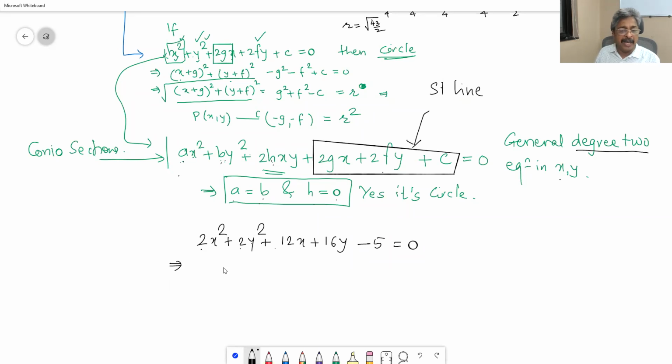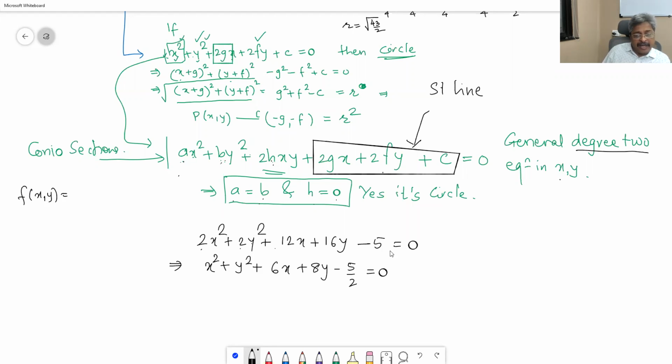Is this the same as x square plus y square plus 6x plus 8y minus 5 by 2 is equal to 0? I mean, these are not the same equation. So let me just give you clarity about it. F of x comma y, if I write as LHS of 1, and g of x comma y, if I write as LHS of 2,